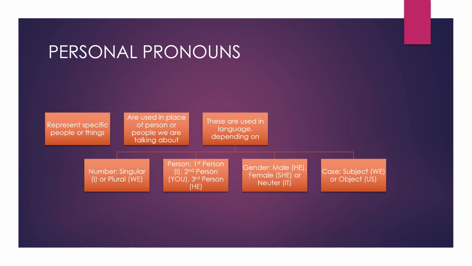Also, you can have any kind of number based nouns that we can be denoting using personal pronouns. Also, the gender, like for instance male, female, and neuter gender, or common gender for that matter, we'll be using words like he, she, it. And subject and object may also have the usage of personal pronouns like we or us. So personal pronouns will be representing a specific person, people, or things, and they will refer to a certain person, place, or thing that we're talking about, right?